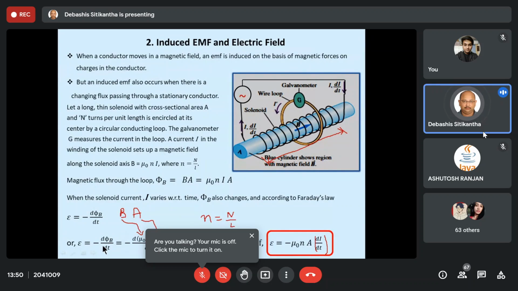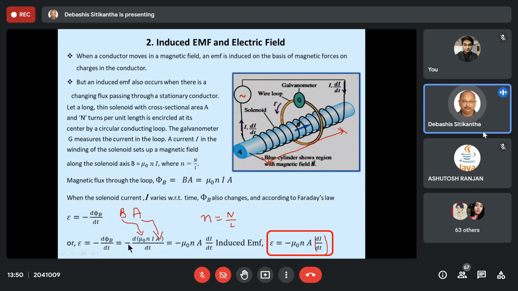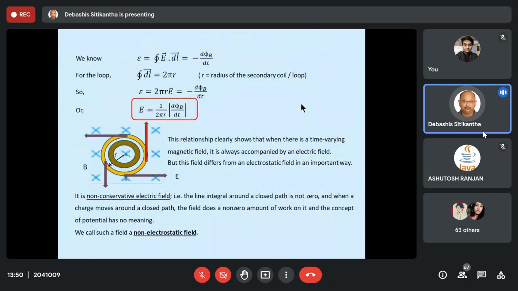Remember, if electric field is not created, then current cannot flow. But I have shown you that in the outer or the secondary loop, if I connect a load, it is going to run because an EMF is available. It is a closed circuit, and therefore a current is going to flow. Now how is the current going to flow? It is because of the electric field. So ultimately I can say that there is some sort of relationship between your time varying magnetic field and the electric field that it is creating.